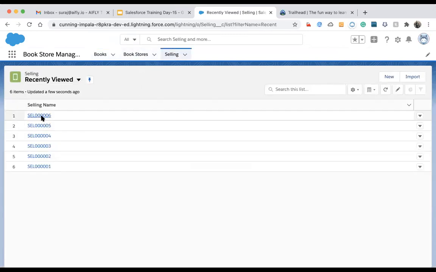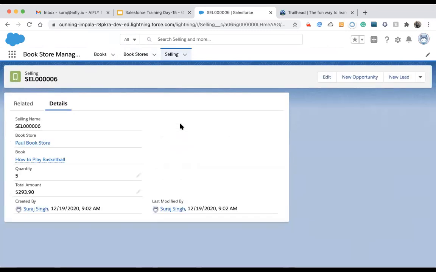Suppose we are selling a book to some customer, and it has a due date. Before the due date, the person has to make the full payment. Suppose we want an automated system that will send a notification to the user 2 days before the due date. Then what will we do?